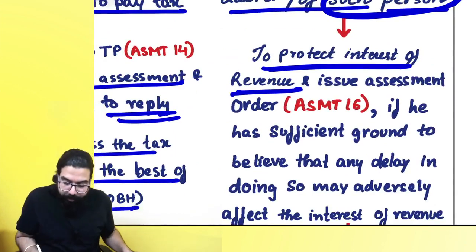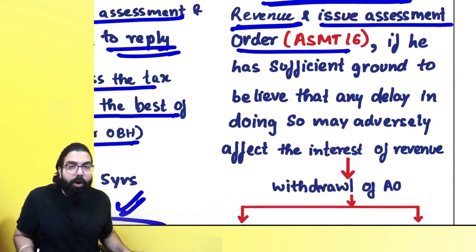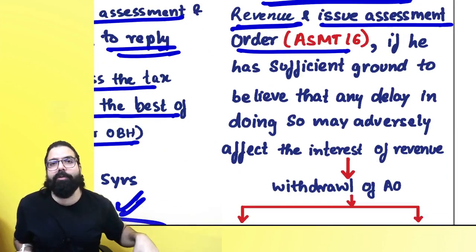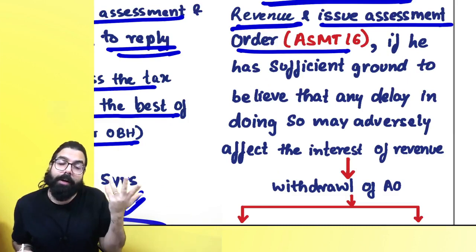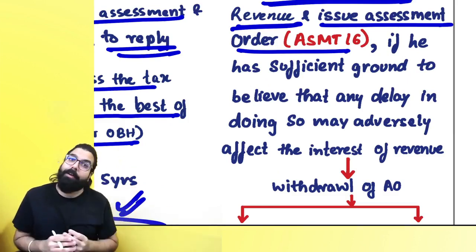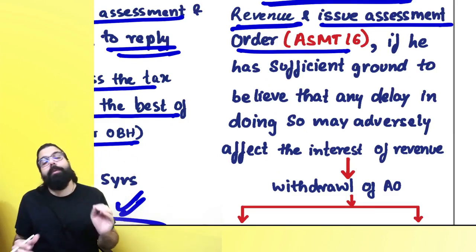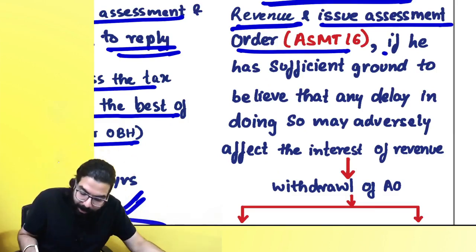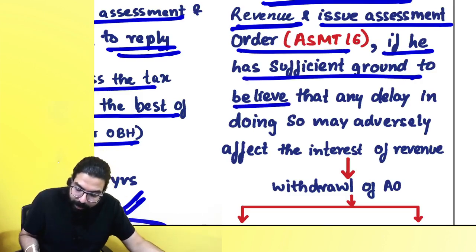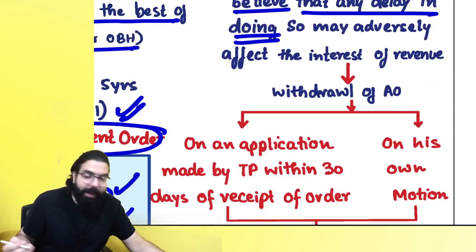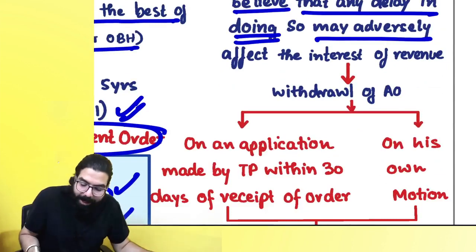And sir, he will issue an assessment order, because he knows if I don't do the assessment of the transporter, or of the warehouse keeper, they will take the goods and run away, or the warehouse keeper will tell the owner, hey, take your goods and run. So in that scenario, they will quickly do the assessment only if they have sufficient ground to believe that any delay in doing the assessment may adversely affect the